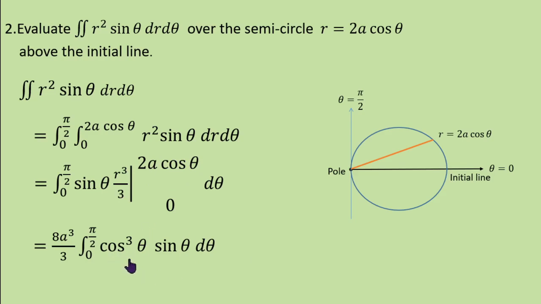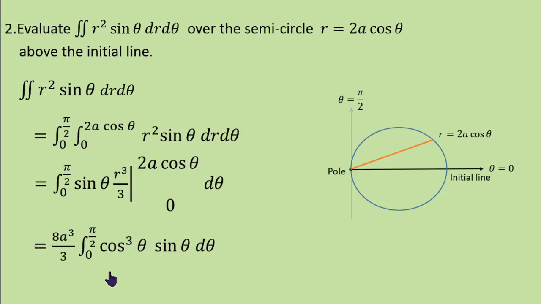Either by the substitution method or by the reduction formula method you are able to evaluate this. By the reduction formula method it becomes very easy. Sum of the indices, that means the powers, is 3 here, here 1, 3 plus 1 is 4. Start the denominator from 4 and reduce by 2. And in the numerator, reduce 1 from 3, that is 2. And here 1, therefore you are not able to reduce 1, therefore stop. Therefore 3 and 1 both are odd, therefore no need of writing pi by 2.